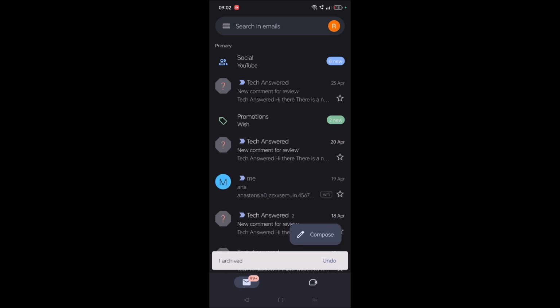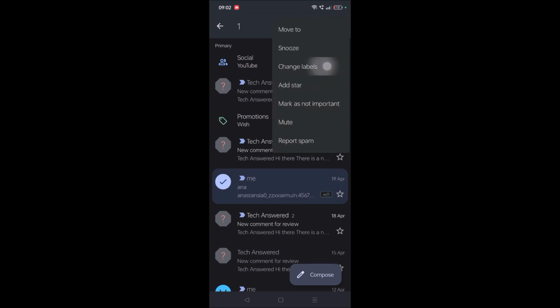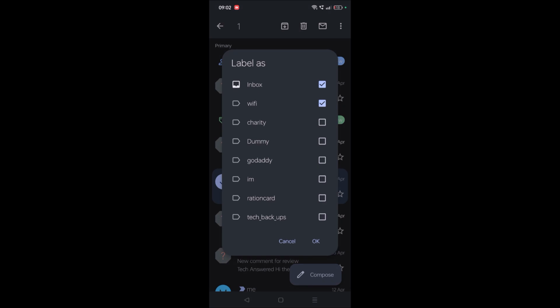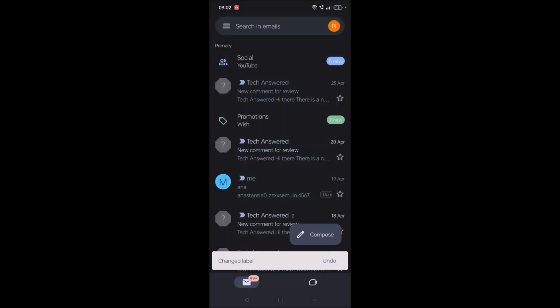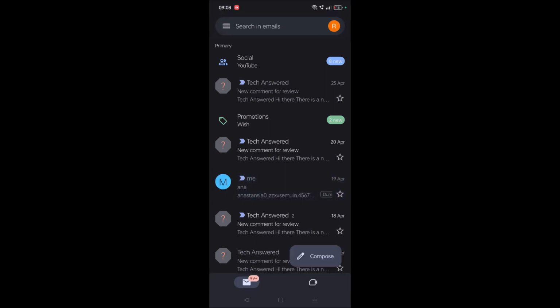For example, for this particular email there is already Wi-Fi. So press and hold to select, click on these three dots, and click on change labels. Right now the mail is under inbox and under Wi-Fi, so I'll just remove Wi-Fi and keep it as dummy, and press OK here. See here, it is coming as dummy